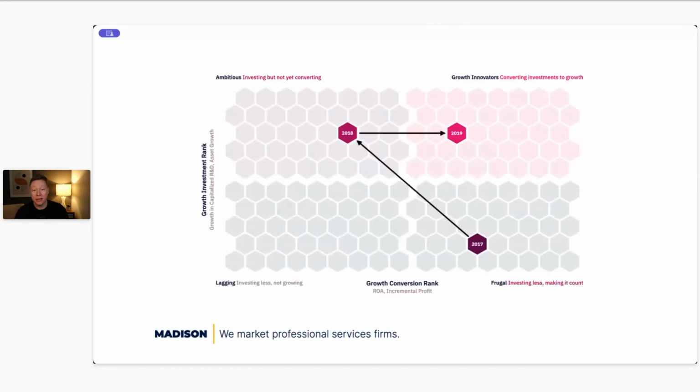Another example, we realized that we could do the same Kirk Goldsberry thing, where we reflected it over time. So we could show a company and how they looked between years, like how they moved through the growth innovators matrix. So as you use it more, the point is it creates almost an inexhaustible supply of ideas that you can then write about, that all roll up into your high level framework. And it gives you a lot of opportunities to reinforce this idea in the minds of your prospective clients.